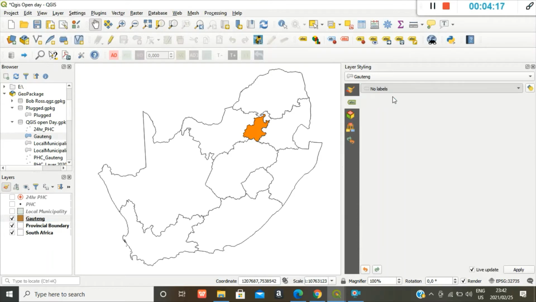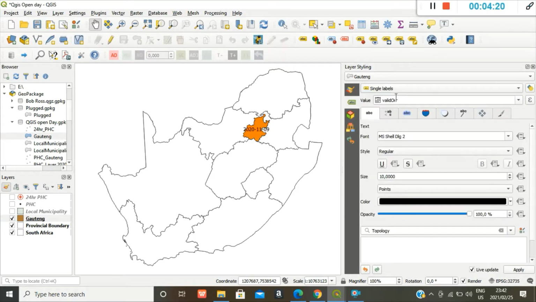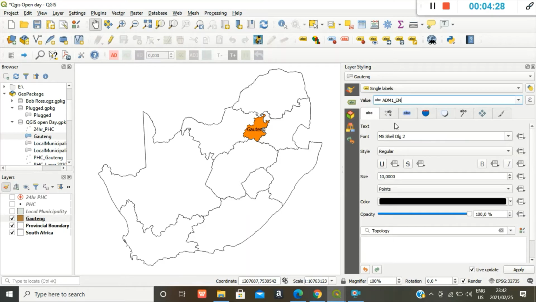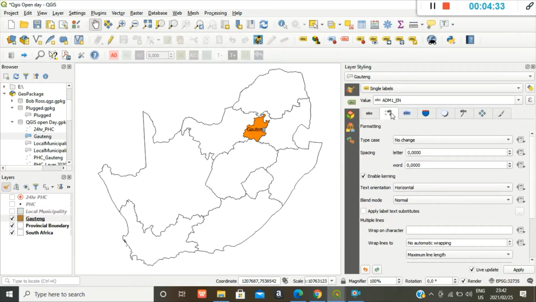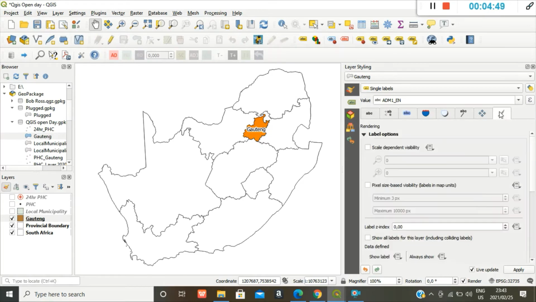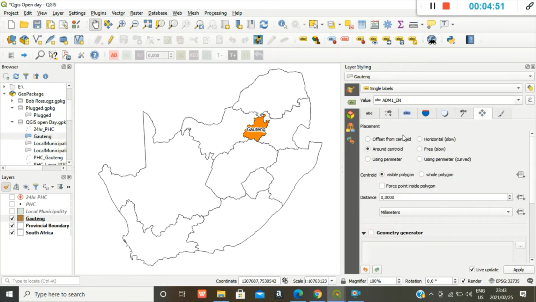single labels, and you change the value. So it's ADM1EN, that's Gauteng. Can make it, can draw a buffer around the text, or you can use